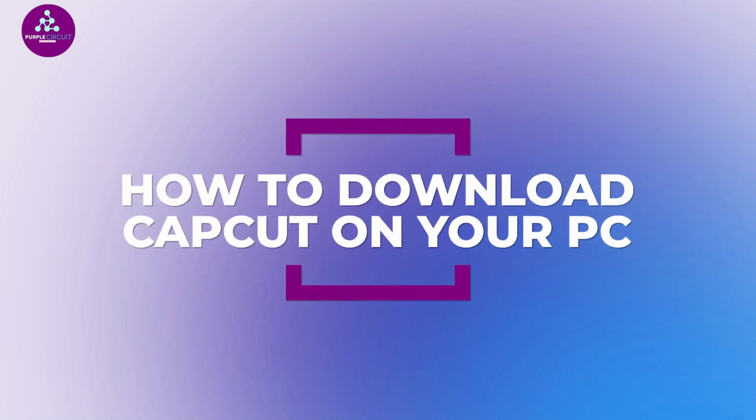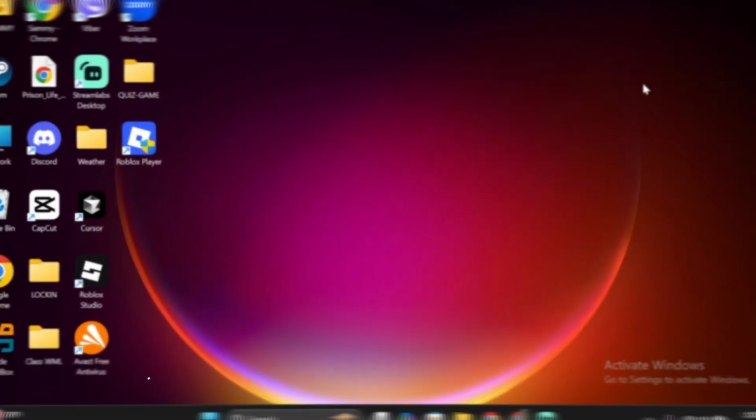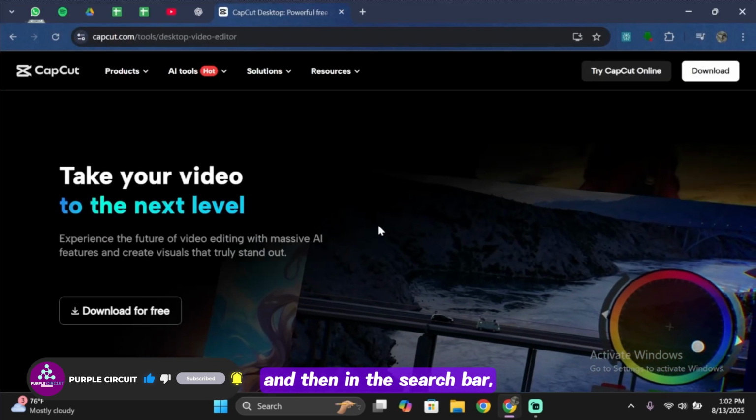So in today's video, I'm gonna show you how you can download and use CapCut in your PC. Let's get started. First of all, open up your browser in your PC and then in the search bar simply